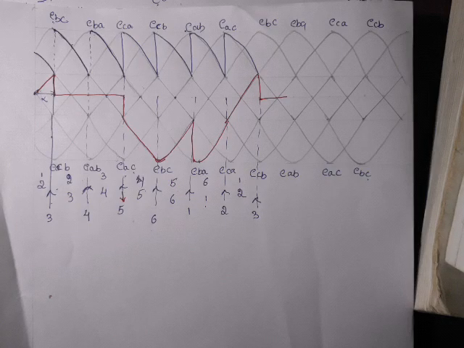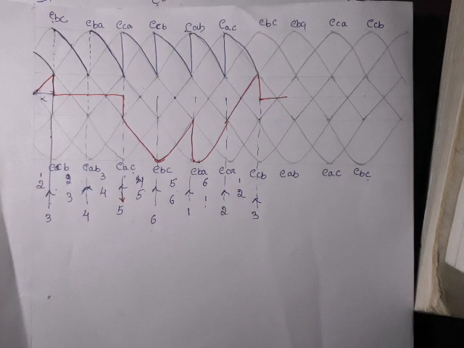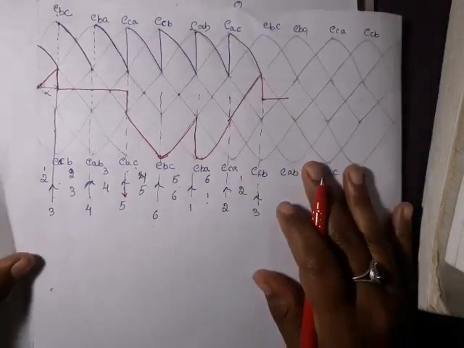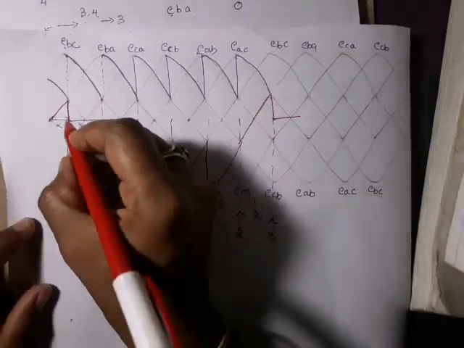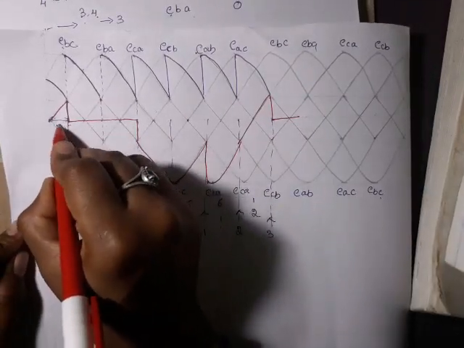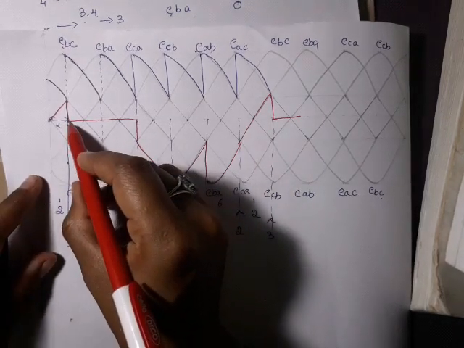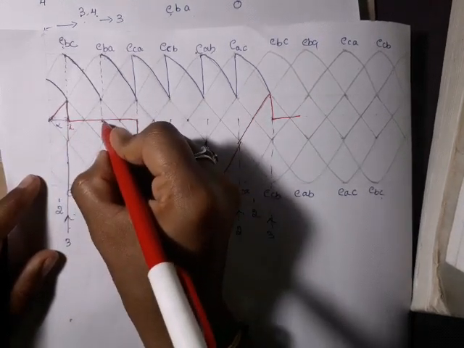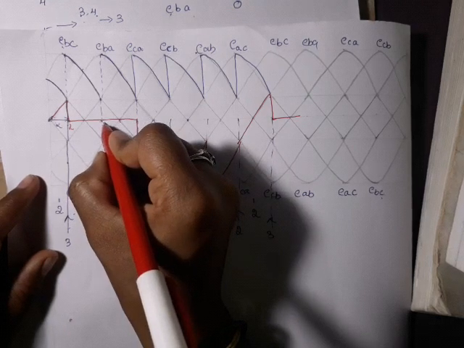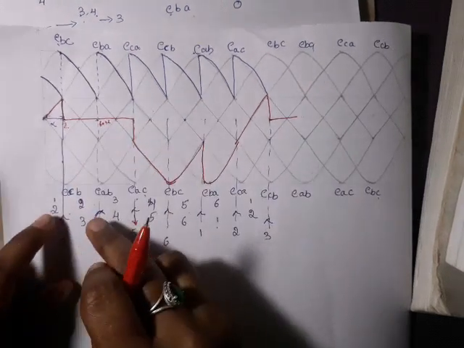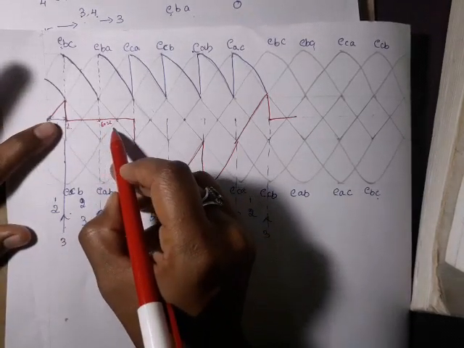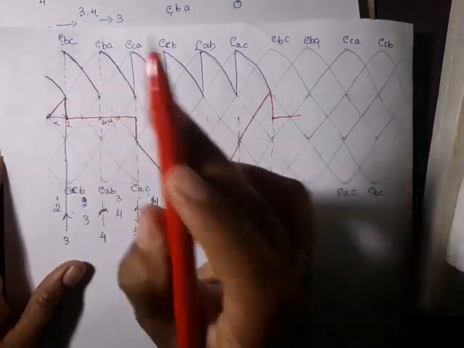This is how you need to write the waveform for mu equal to 60 degree. So we need to derive the output voltage equation for this. For that we need to consider, let me take valve 3 itself. Here I have triggered, this is alpha. From where to where will it conduct? It will conduct from this point to this point. So this is alpha, and this total angle is 60 degree. The combination of valves will conduct from alpha to 60 plus alpha. What is the output voltage? EBC.